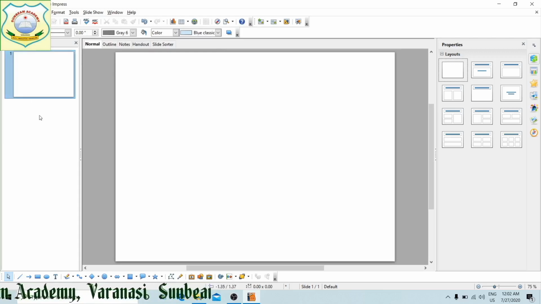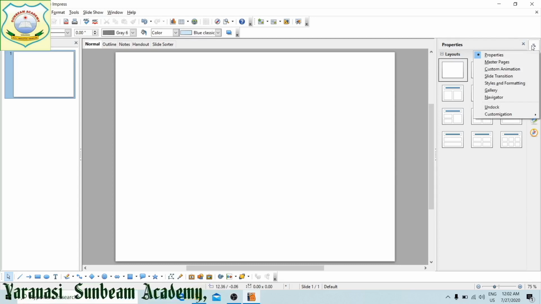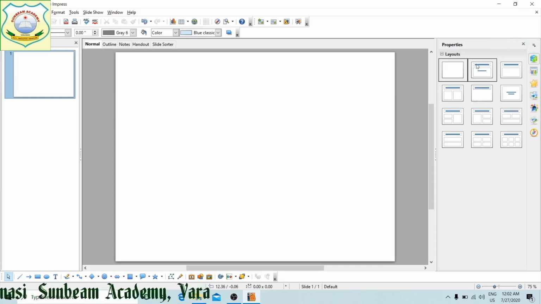Next is what I told you, the task pane. Where is the task pane? These are the task pane under properties. If we see properties, then other items are there. This is the task pane. What task are you going to perform?